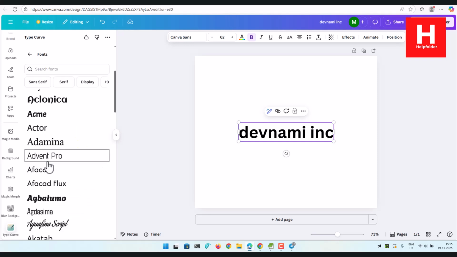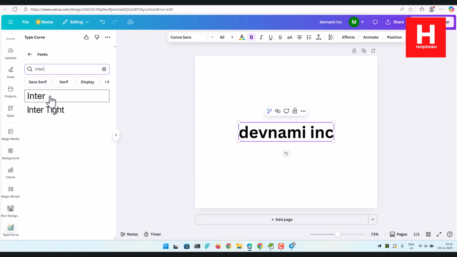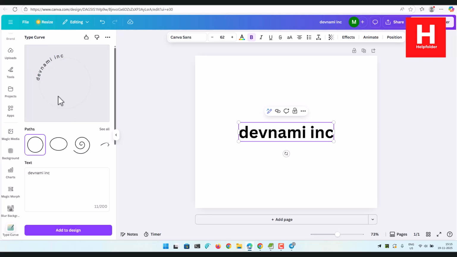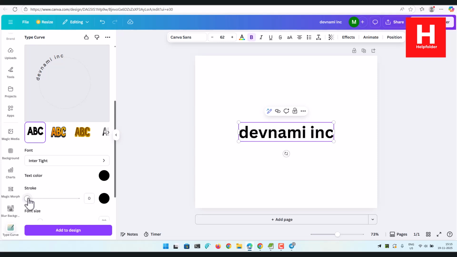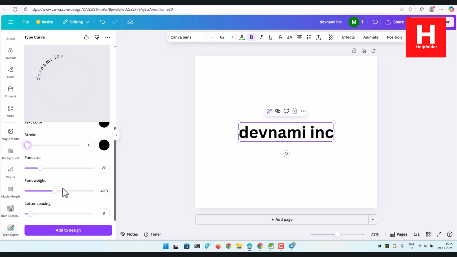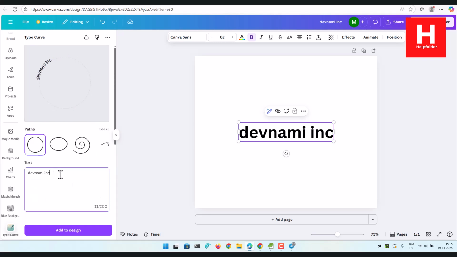Let's see, we want to use a better font. I will use this font. After that we will choose stroke, right? You can make this have some sort of shadow, then font weight, right? Then letter spacing. Okay, so the type of letters would make a difference, right? So what we will do, we will add some sort of text here,